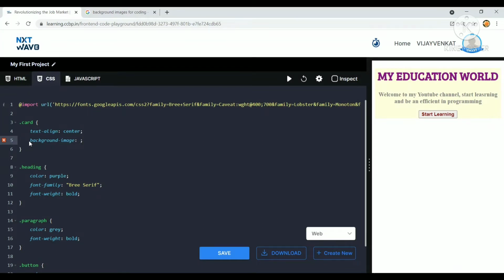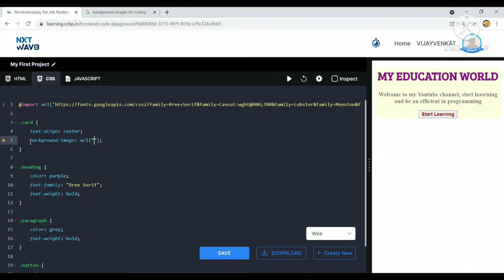The property value for the background image is that we need to type the URL with rounded brackets, and inside them double quotes. What we need to add inside the double quotes is the image URL for the background image of our website.